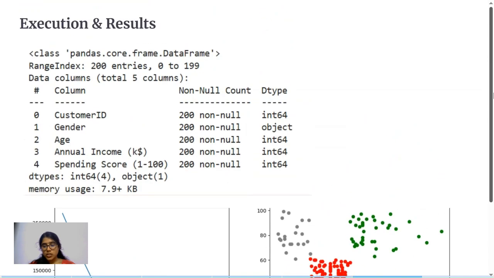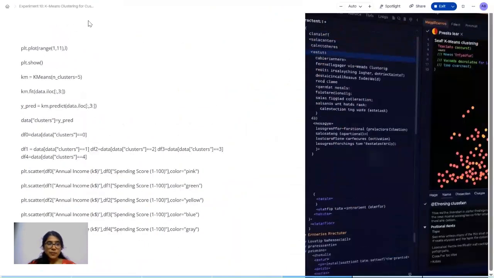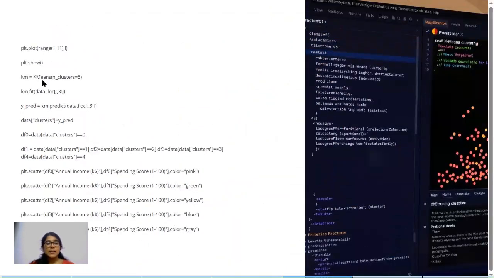So what I'm going to do after this is declare the k-means function again. I'm going to call it again, but this time I'm going to give a definite value, which is 5, which I found from the elbow curve. So after that, I'm going to fit the data, and after fitting the data, I'm going to predict. I'm going to give the same data, and I'm going to predict it. So this is basically the idea of implementing k-means clustering.